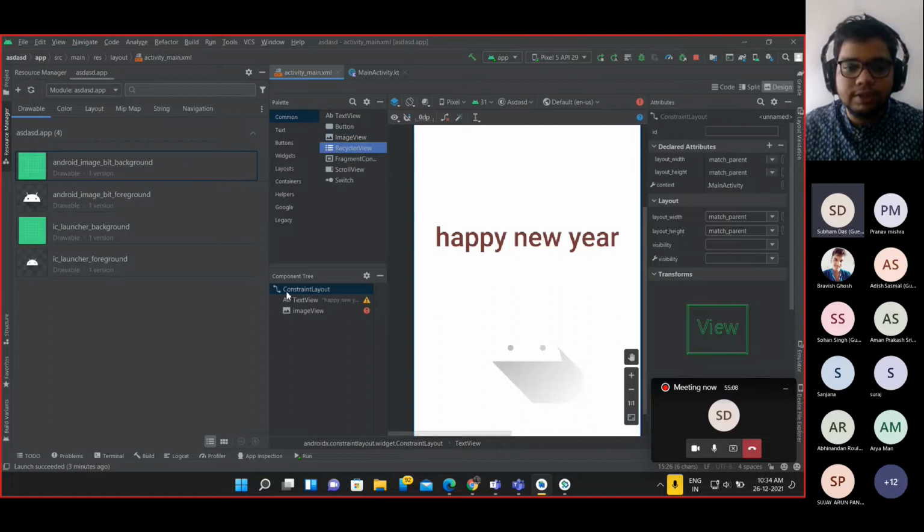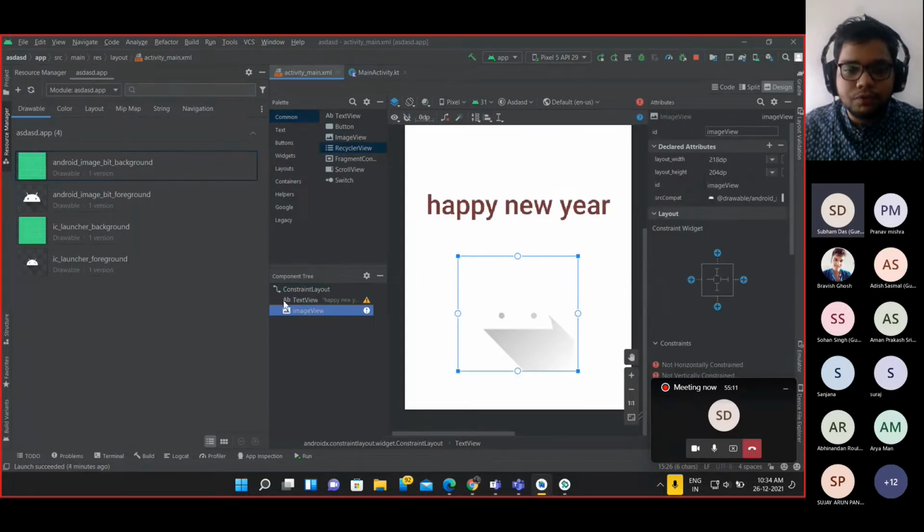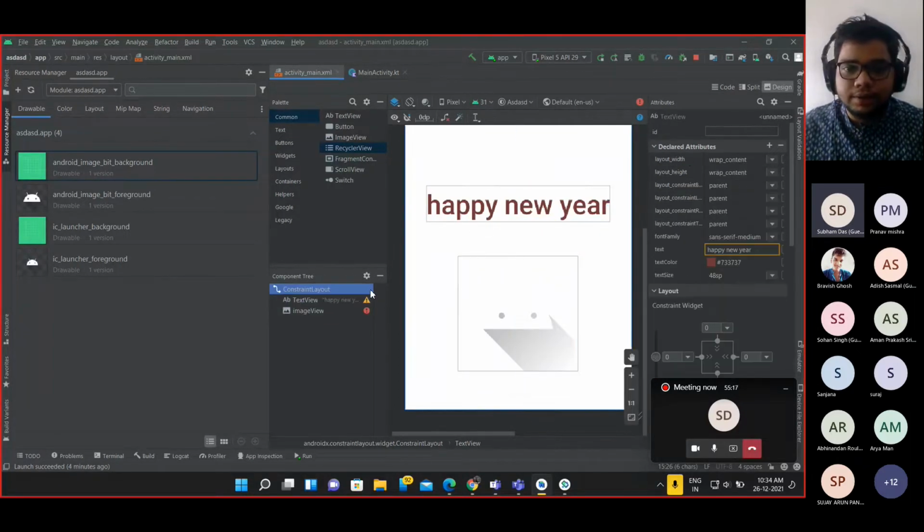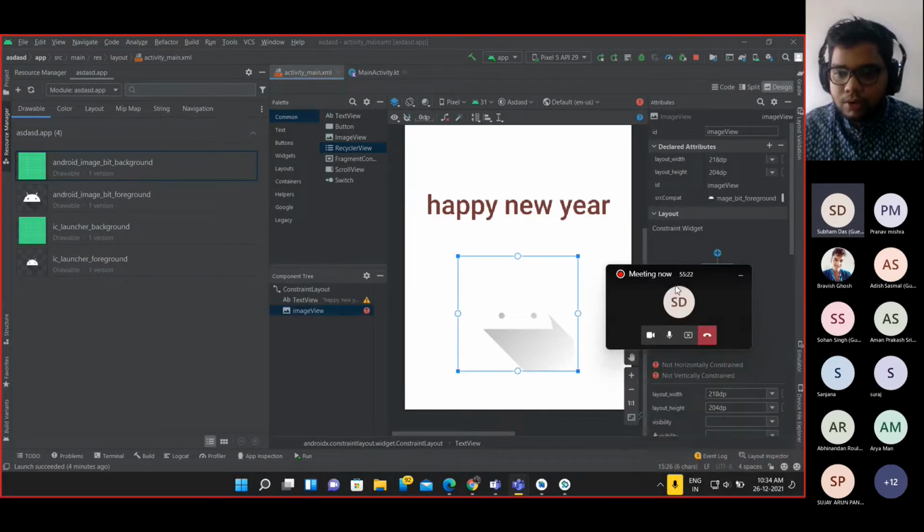So then you can see the use of this component tree. It shows you which view is where, and it is easier to select it and change the attributes of that particular view. So now I think we are good to start with an Android application.